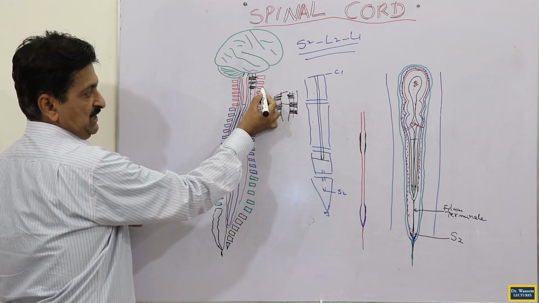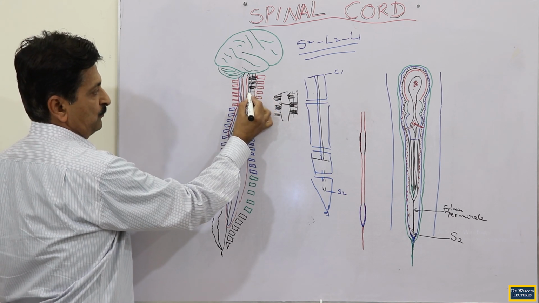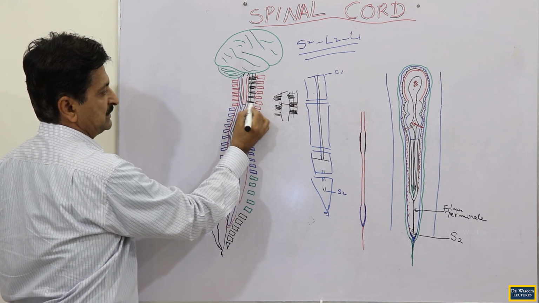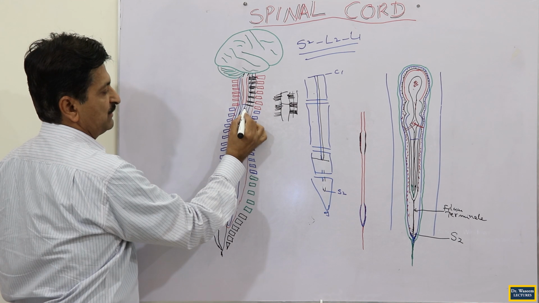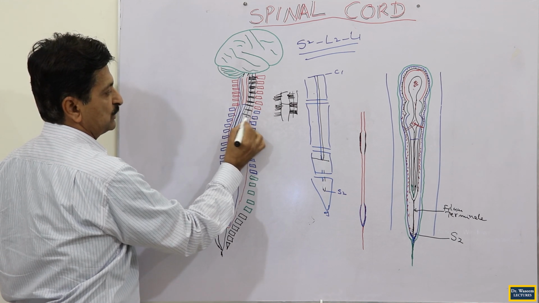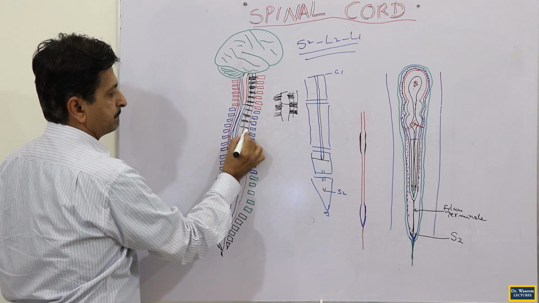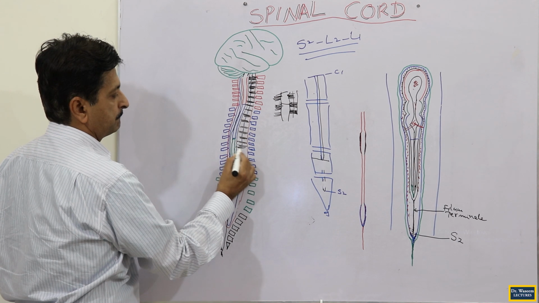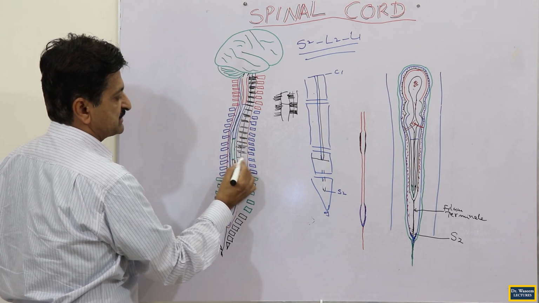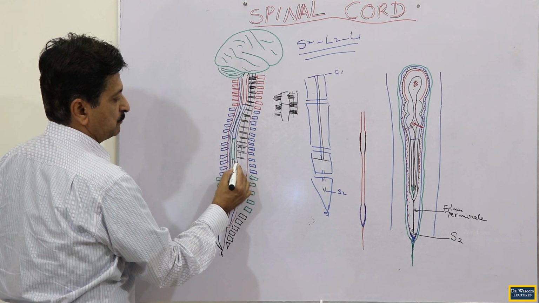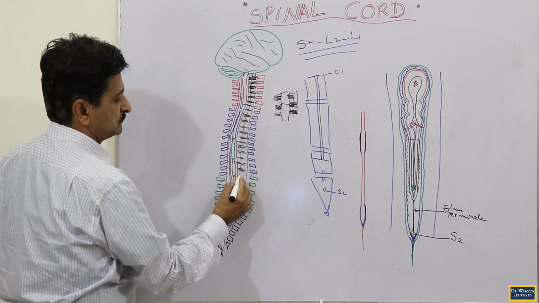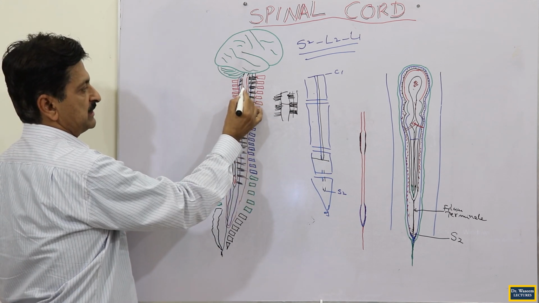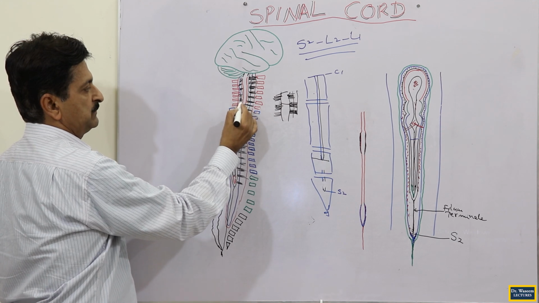You see, this is the third for the third cervical, fourth for the fourth cervical, fifth for the fifth cervical, then the sixth, then the seventh. Likewise, it will be 12 for the thoracic. So these are the lateral extensions. I am showing you on one side only, but they will be on both sides. So 20 on this side and such 20 will be on this side also. These are called ligamentum denticulatum.